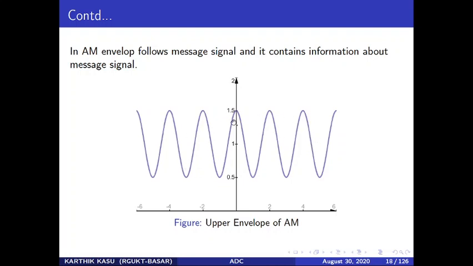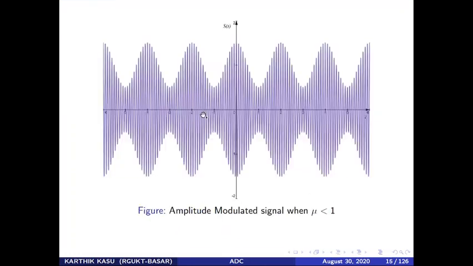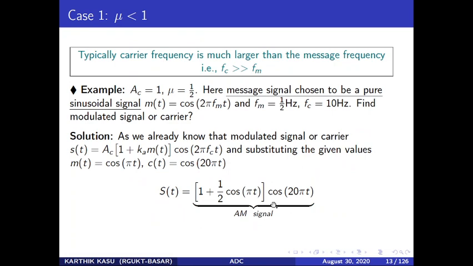Now remember, it is always positive here. In this case, it is positive. It will never be negative. So remember, here is 0. What is the minimum value? 0.5. Maximum value 1.5. It's always positive. You can get it from here. So what is the envelope of the signal? Envelope means amplitude only. So this is the envelope, or amplitude.